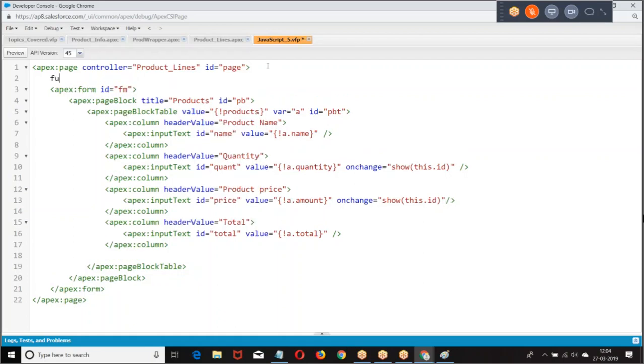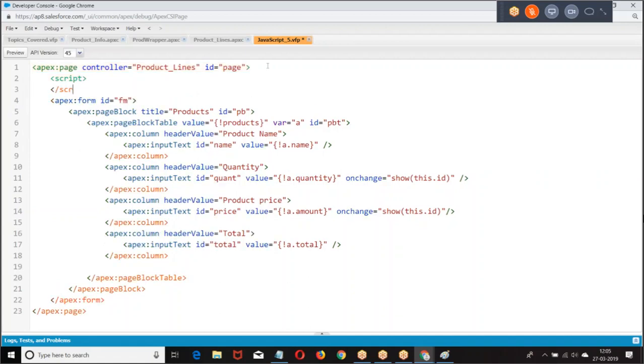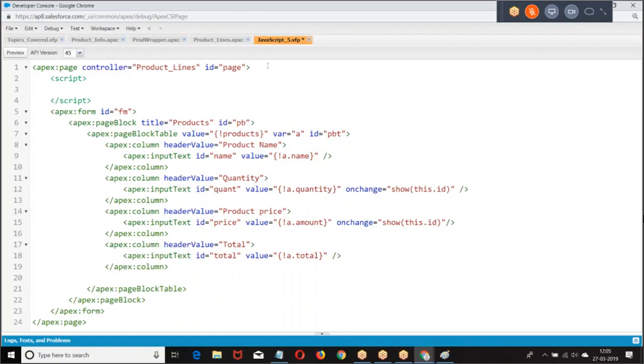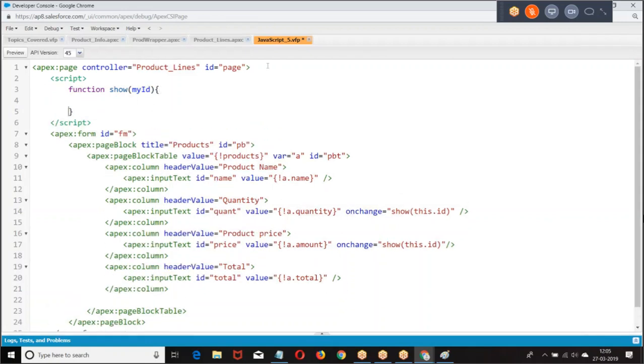So look at the function. Listen carefully, boss. It's very important. Script, function. First, let us see what ID we are getting.